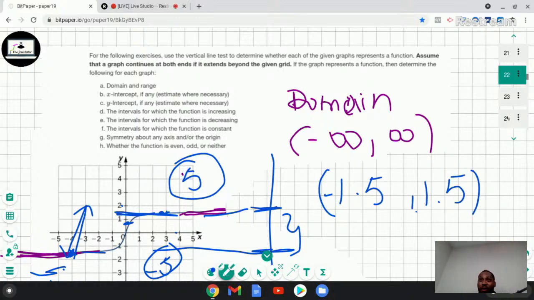Now, okay, we found the domain, we found the range. Now we're going to find the x-intercept. So like I was saying last time, the x-intercept is